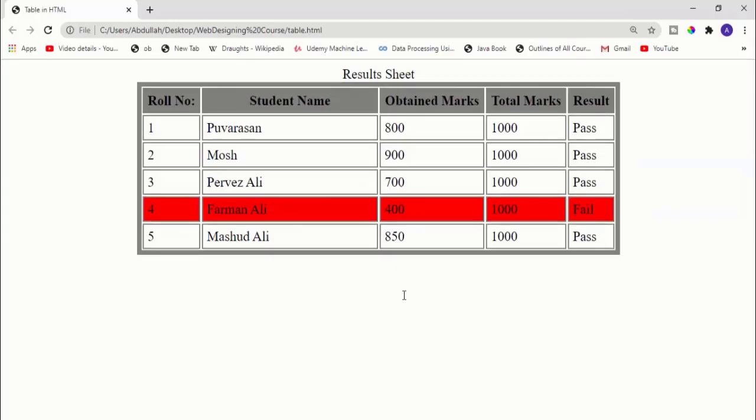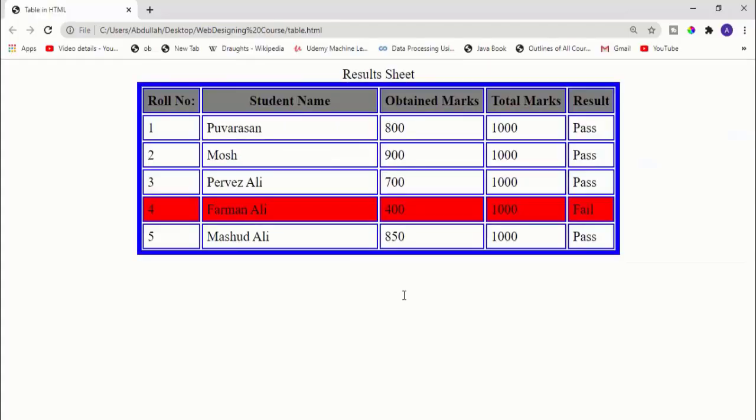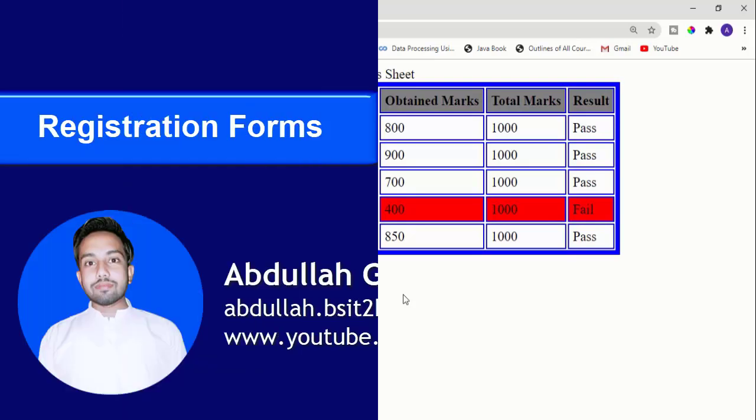I will go back and refresh it. You can see border become 5. And if I say my border color is blue, it will look beautiful. Okay, you can play with these sort of colors, cell padding, cell spacing, col span and row span and everything, and it will be very good for you if you practice a lot, because the key of becoming a software engineer or web designer or developer is to do more and more practice, because if you do practice you can remember the code for a long time.